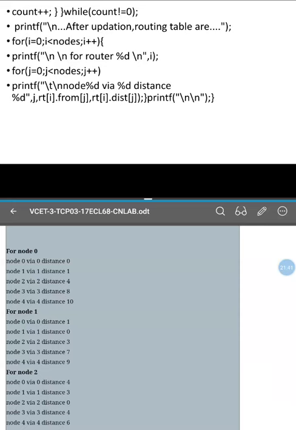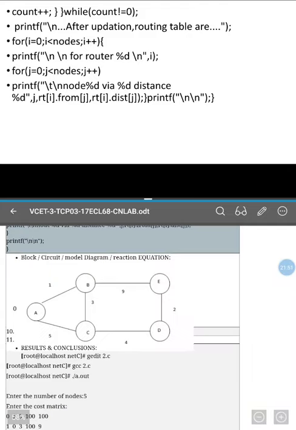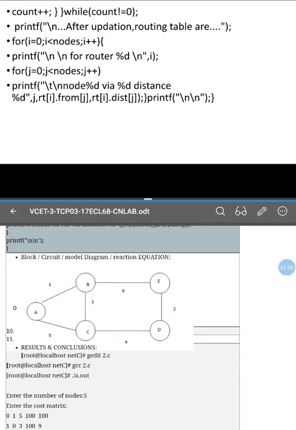For node A, node 3 and node 4 was 100 there, or it was infinity. It gets updated with 8 and 10. Let us see here. So from here A to D, it is 8, 1 plus 3 plus 4. Similarly A to E, it is 9 plus 1, 10. So this is how, directly it was initially not connected. Now using an intermediate node, the Bellman-Ford algorithm finds out the least path.